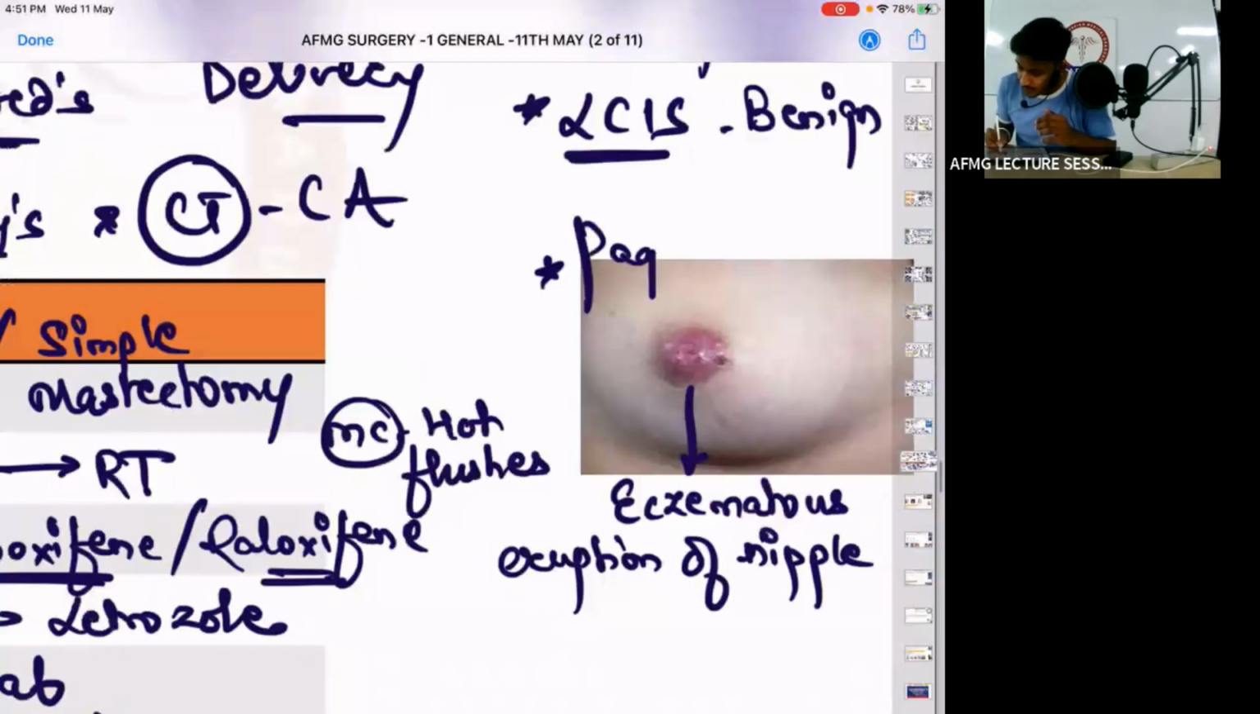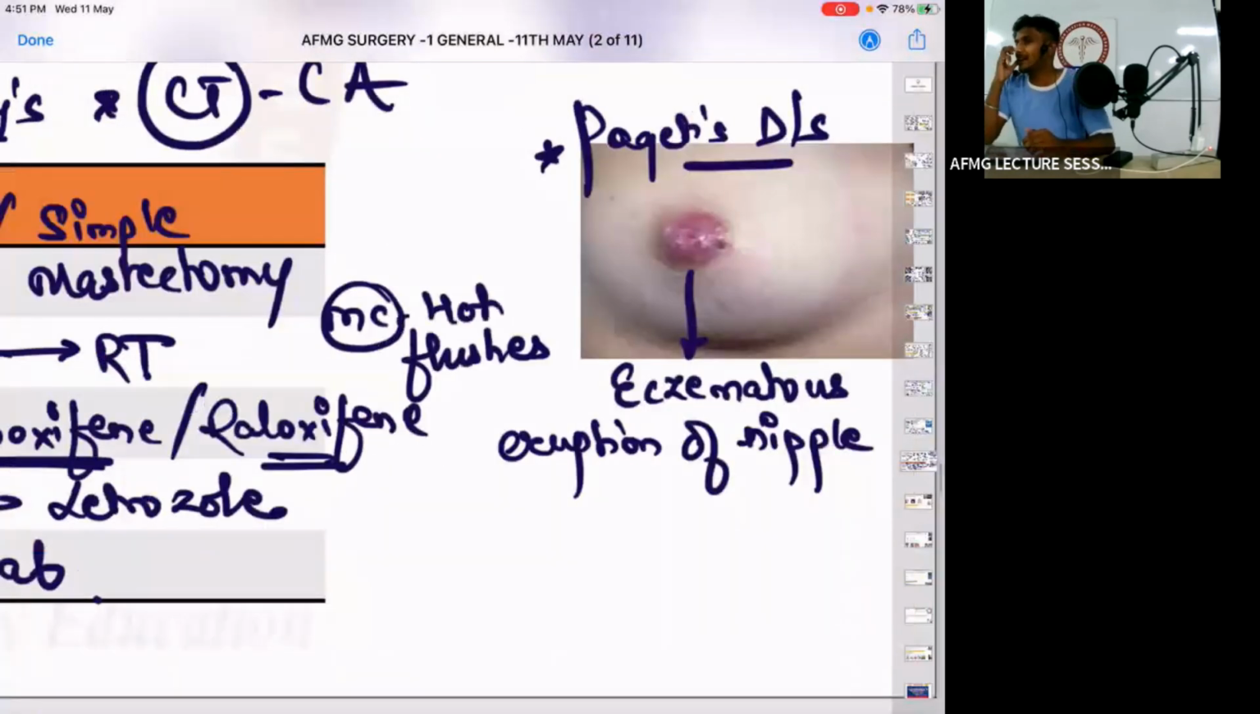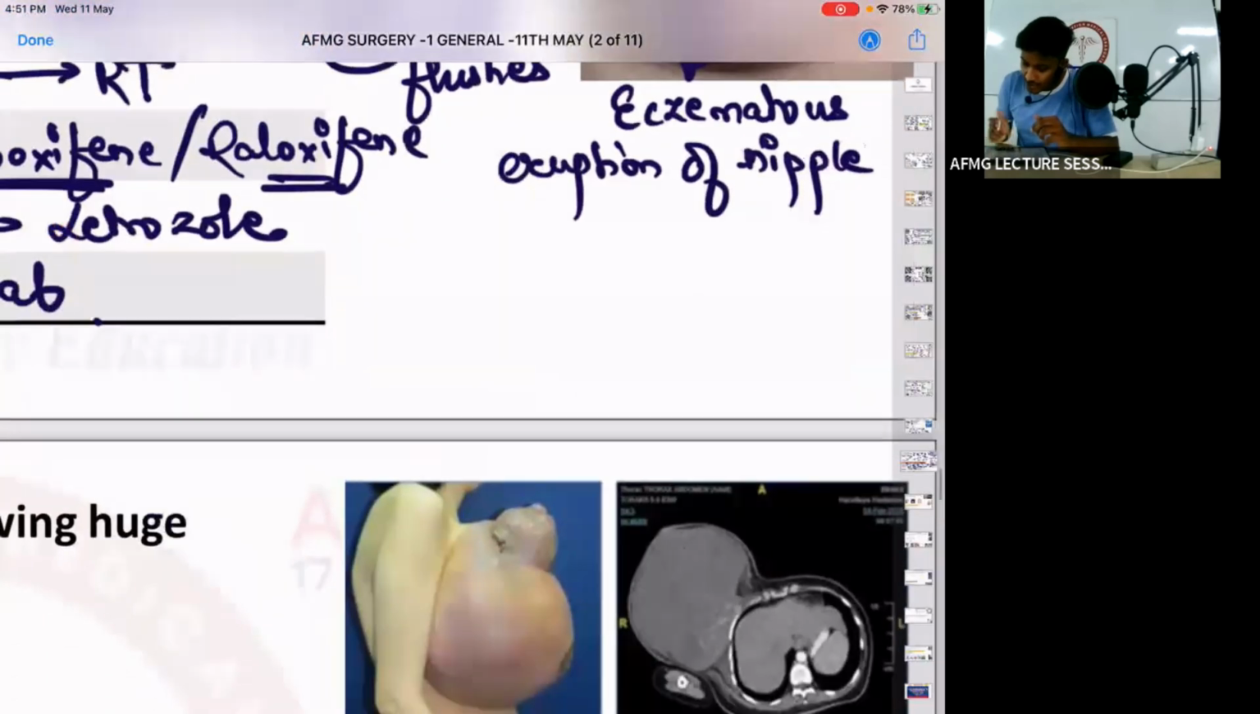Paget disease. Is it a pre-malignant condition? Paget disease is actually an indicator of underlying malignancy. There may be some tumor inside, but it is not palpable as such. Okay? So Paget disease, investigation of choice would be